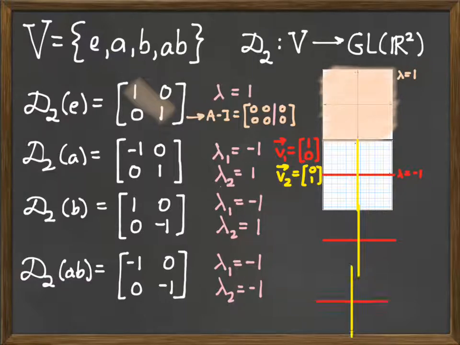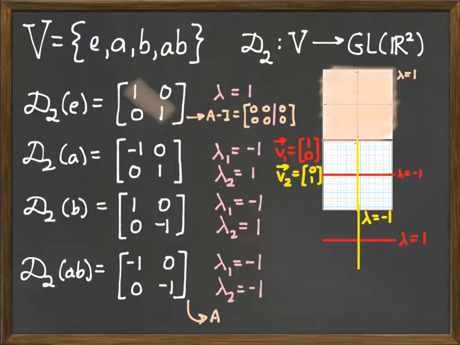Then everything that's not the y-axis. So lambda equals 1 would be here for this matrix, and lambda equals -1 would be that one for the third matrix. But then for the fourth matrix, what happens? What's the eigenspace associated with -1